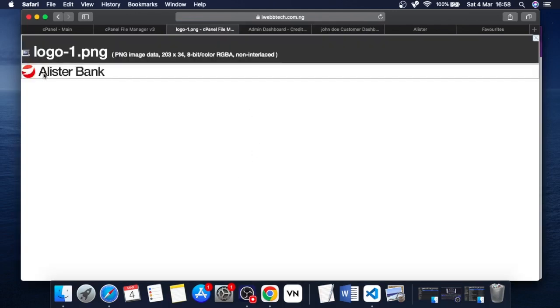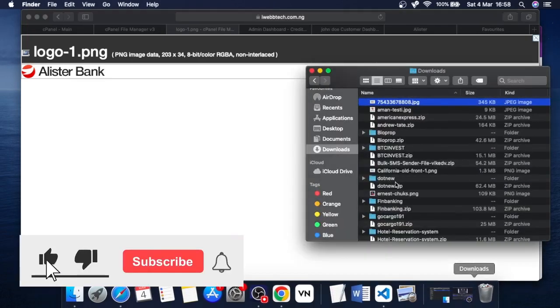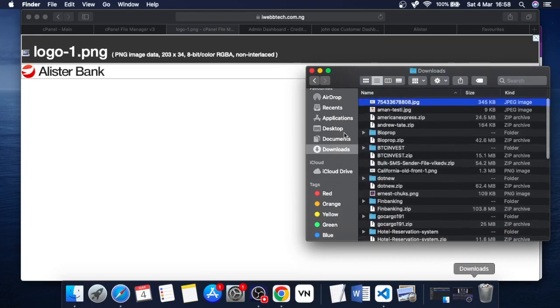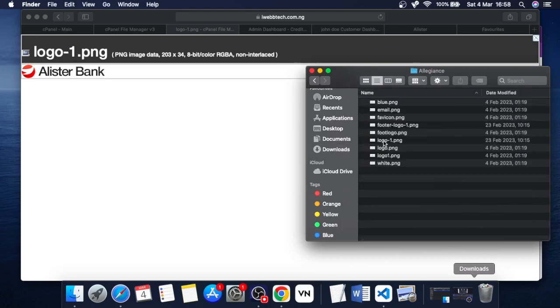Okay, you can see that it's the actual logo right here. So all you should do is go to your computer. Let's say maybe you want to replace the logo with your own logo. So I just look for any logo at all. Let me just look for any particular logo. Okay, you can see that I already have one that is logo-1.png, but if you don't have anyone that is